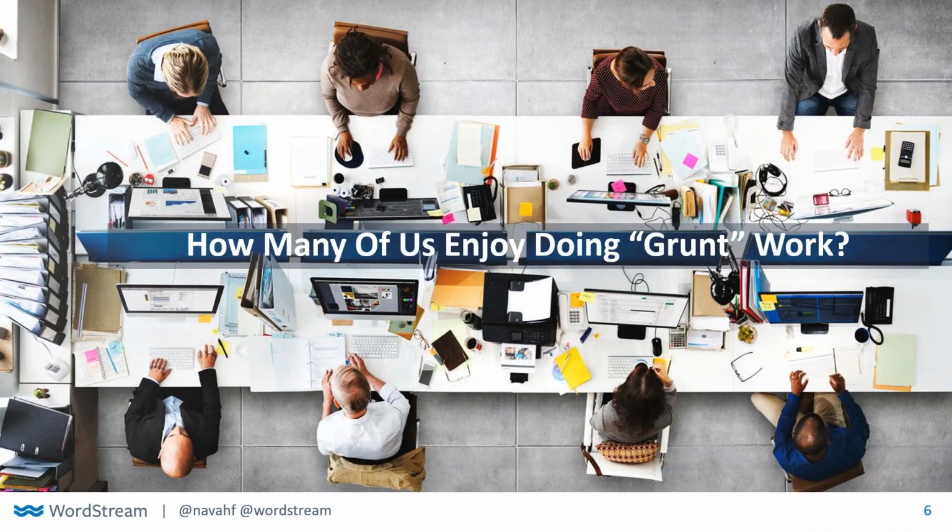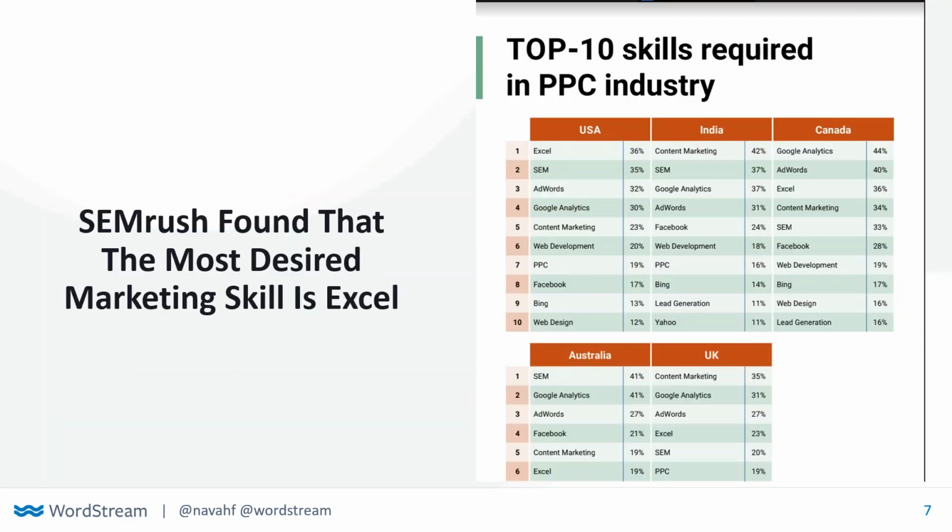One of the things that starts this conversation is how many of us enjoy actually doing grunt work. When I say grunt work, I mean things like running reports, micromanaging bids, things like that. What I found really fascinating is that SEMrush did a study a little while back that found that the most valued skill for a PPC marketer was Excel. I found that really depressing, because by the nature of what we do as marketers, hearing the intent and helping brands profit off of intent is a strategic skill. But actually in the US, Excel beat out AdWords, analytics, Facebook, PPC, Bing, even SEM lost out to Excel.